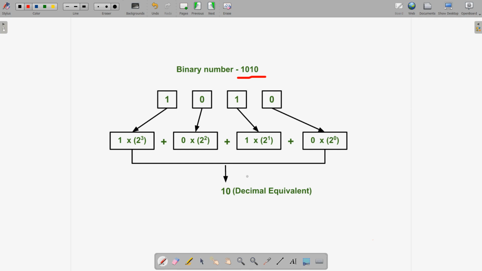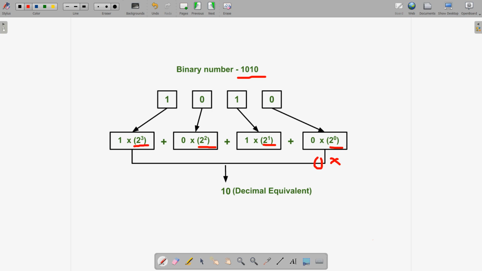Now if we are going to denote this in the decimal, each of these digits, as you can see, has been multiplied with the increasing power of 2. Here we have multiplied with 2 to the power 0, 2 to the power 1, 2 to the power 2 and 2 to the power 3. Clear? So easily now you can calculate 2 to the power 0 is 1 and 0 into 1.